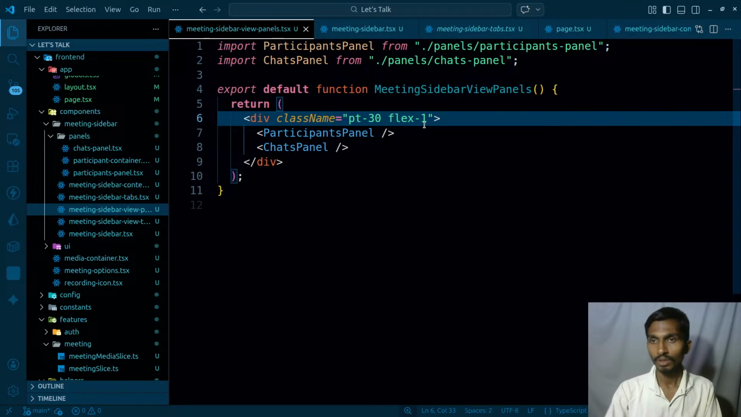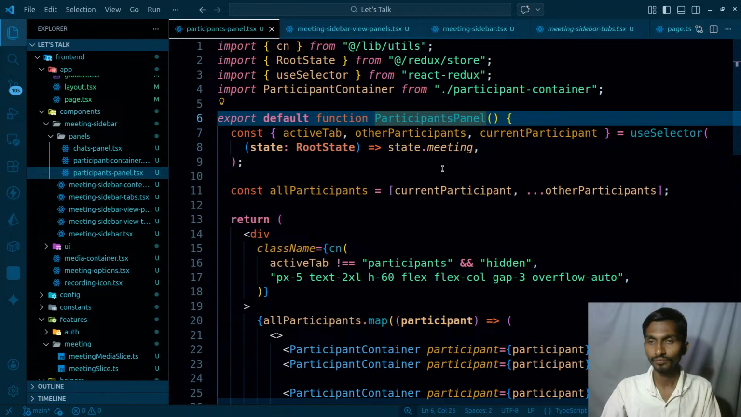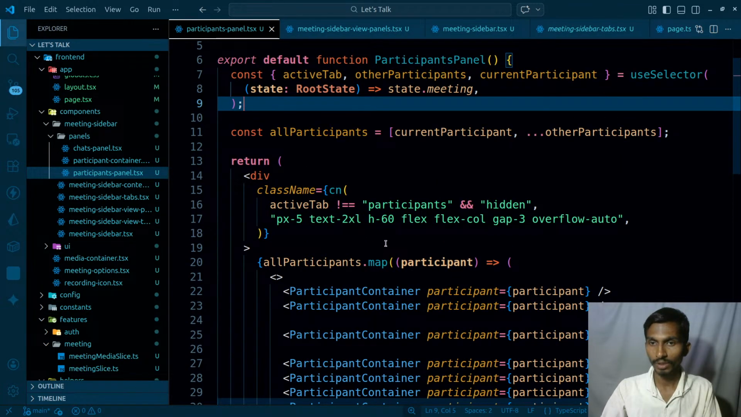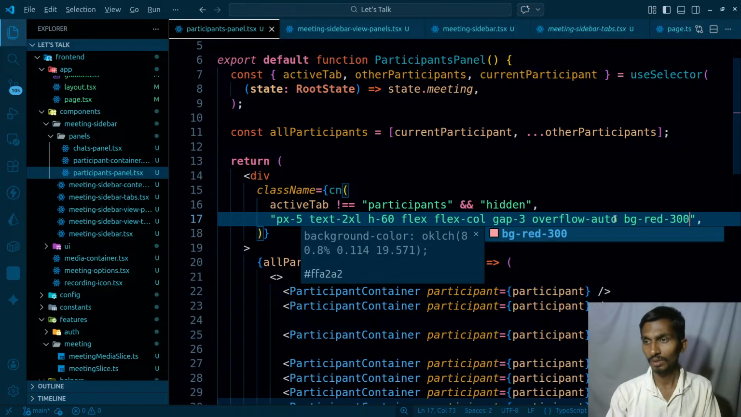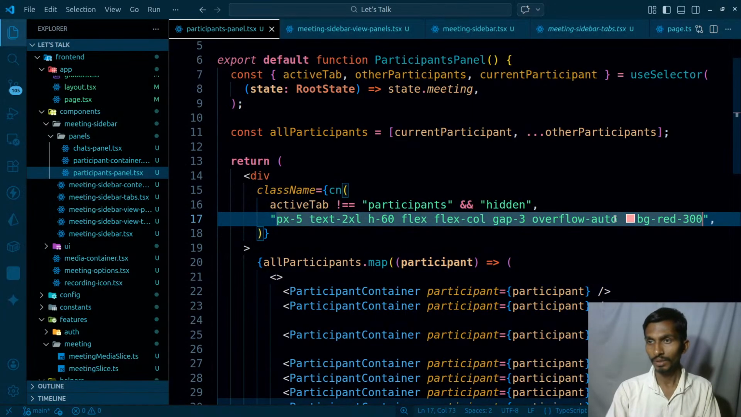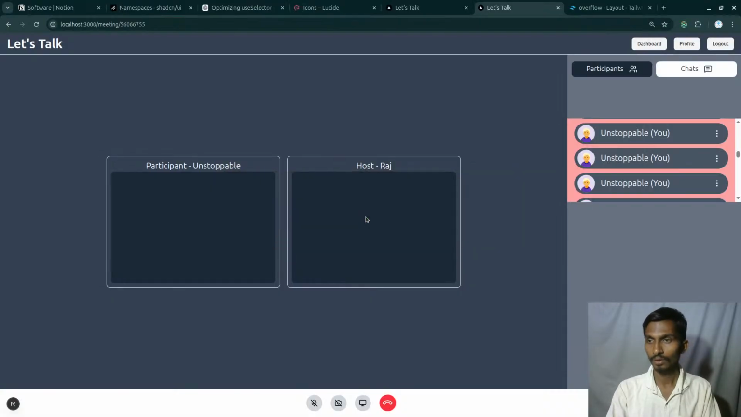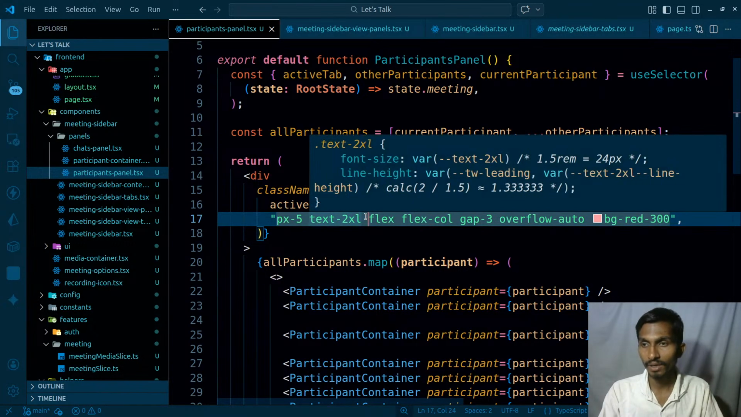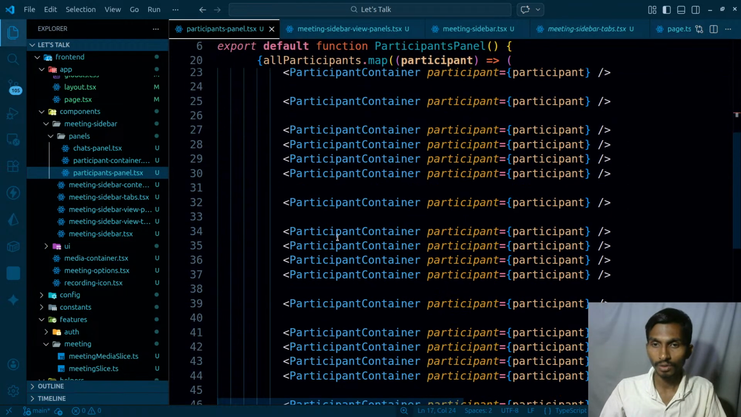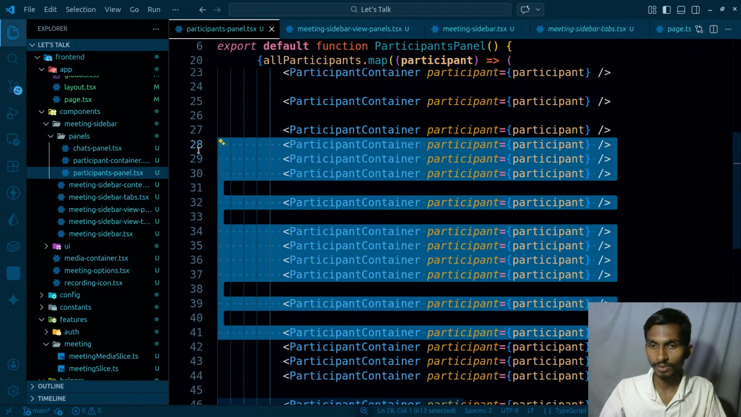Interesting. Coming back to this participant panel, and inside this participant panel, let me give it color as well. BG red 300. It has only that much. So if I just simply remove this height from here, flex does not work. Great. So even if I'm going to give it flex, it's not going to be working. So if I just remove some of the participants from here,